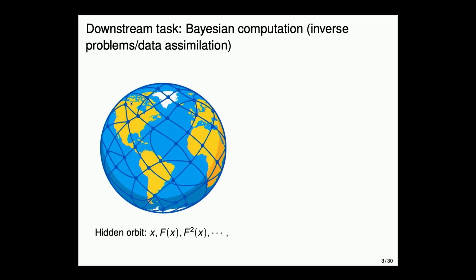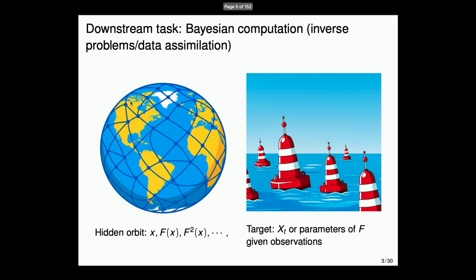computational tasks. So, as an illustration, suppose you have some very high dimensional climate model that is producing some hidden orbit, and you have some observations, and your target distribution is sampling from the state variable of this high dimensional dynamical system given observations, then this is actually a Bayesian inference problem. This is a posterior distribution in data assimilation, and this distribution also has a low dimensional structure because we believe this dynamical system naturally has a distribution with an absolutely continuous low dimensional structure. Okay.